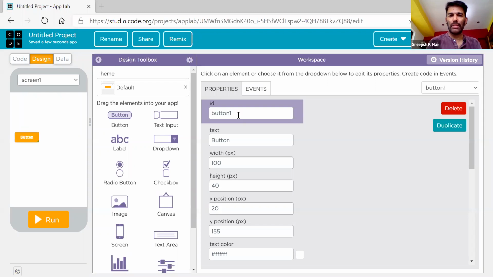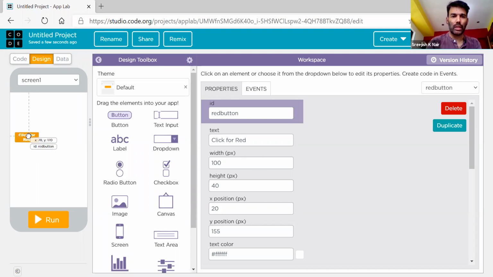Now, when you drag, you need to have an ID created because there will be a lot of objects. How will you differentiate? How will you identify your buttons? Every button should have an ID, like all of you have your names, right? So I'm calling it red button. I named the ID as red. And what should be the display here? Text. I say click for red.